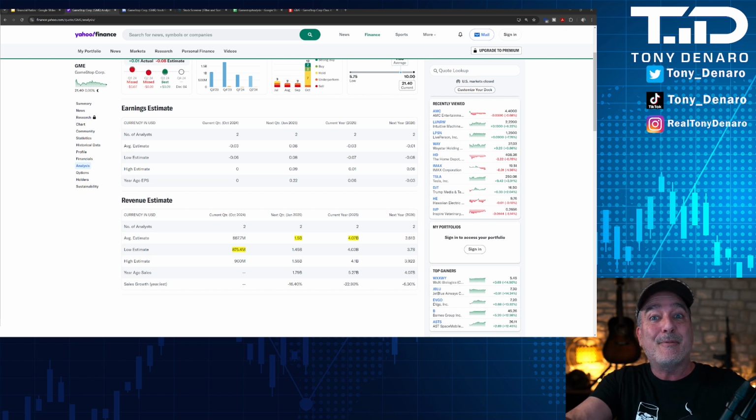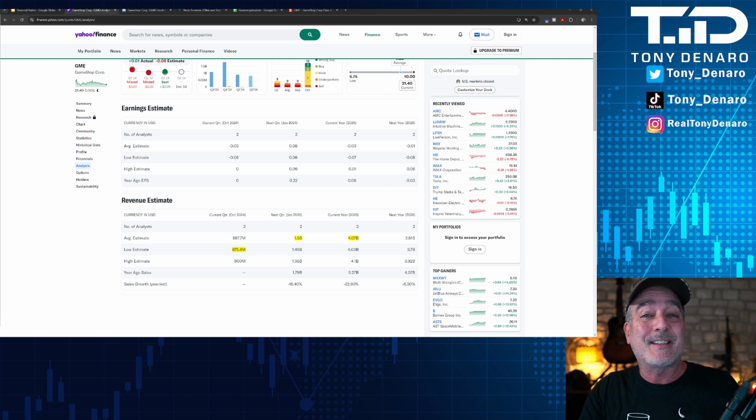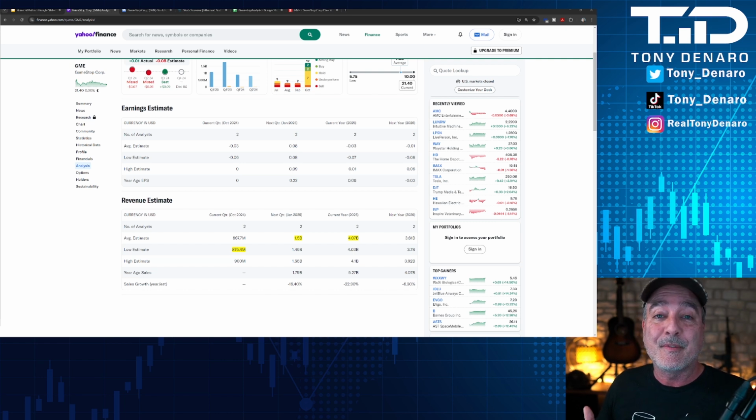Again, you can have whatever price you want. I don't care. I'm just trying to walk through how the market is valuing GameStop. That doesn't mean that it's going to trade all the way down to that price. Don't twist what I'm saying. This is an exercise to understand how the market is valuing GameStop so that you can improve any trades that you take and your risk position on the play.